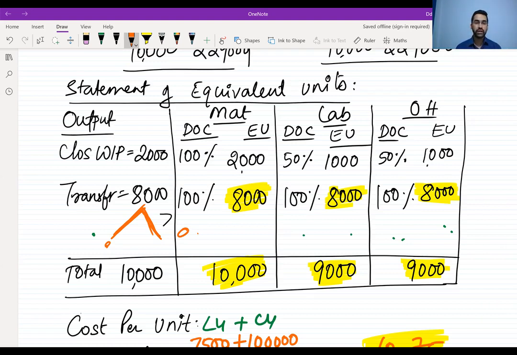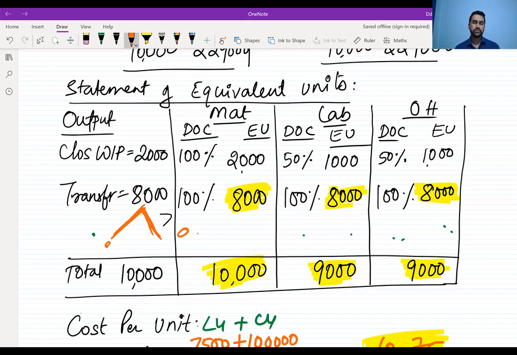That is why they said if degree of completion is not available, you can simply go by 100, 50, 50, because everyone knows practically it is very difficult. But theoretically, FIFO method is the best method. Why? Because it clearly segregates the cost of the previous period and the cost of the present period. Your average method doesn't break the cost into previous period and current period. What did I tell you? Previous plus current, both you take together. Therefore, how to decide what to do in examination, right?